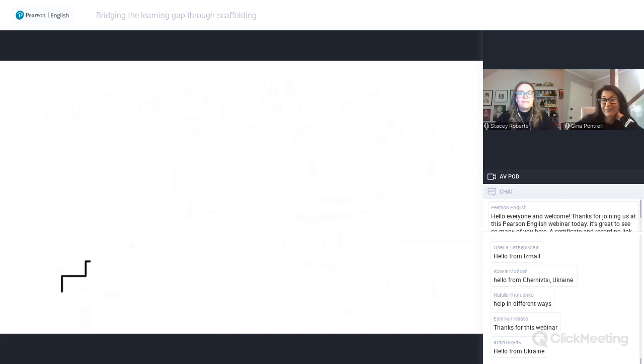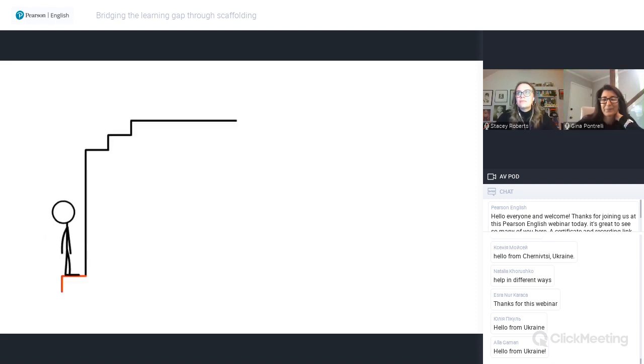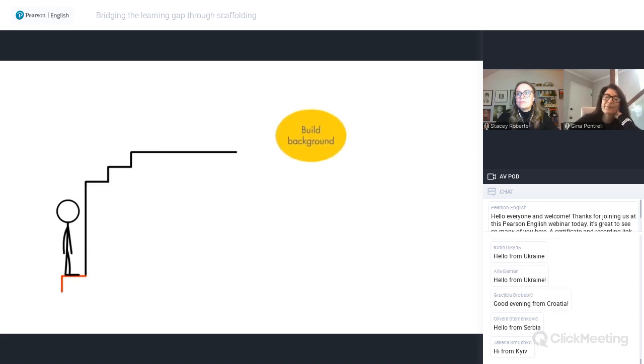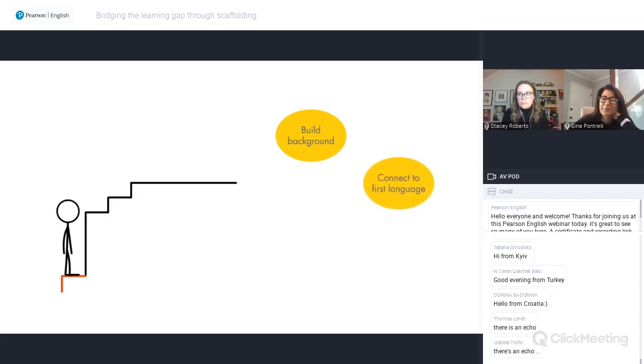As they move through a language lesson, our students may encounter barriers of many kinds. Scaffolding provides the specific support that students need to be able to take each step. Sometimes students have difficulty understanding new language. To help our students access new language, we can build background first to help them connect to their existing knowledge about the topic. We can also ask them to connect to their first language when processing new language. This doesn't just mean translating new words, but rather helping our students